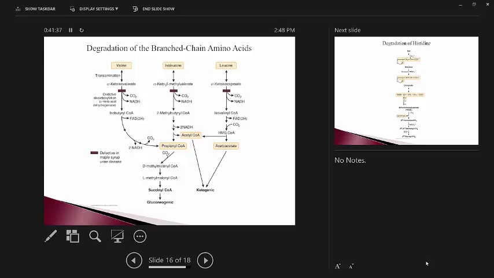If you've ever made flan, I'm not a flan baker, but you make the caramel of flan by heating sugar, and if you get a phone call in the middle, you end up burning it. That's the smell you want. So this is maple syrup urine disease.